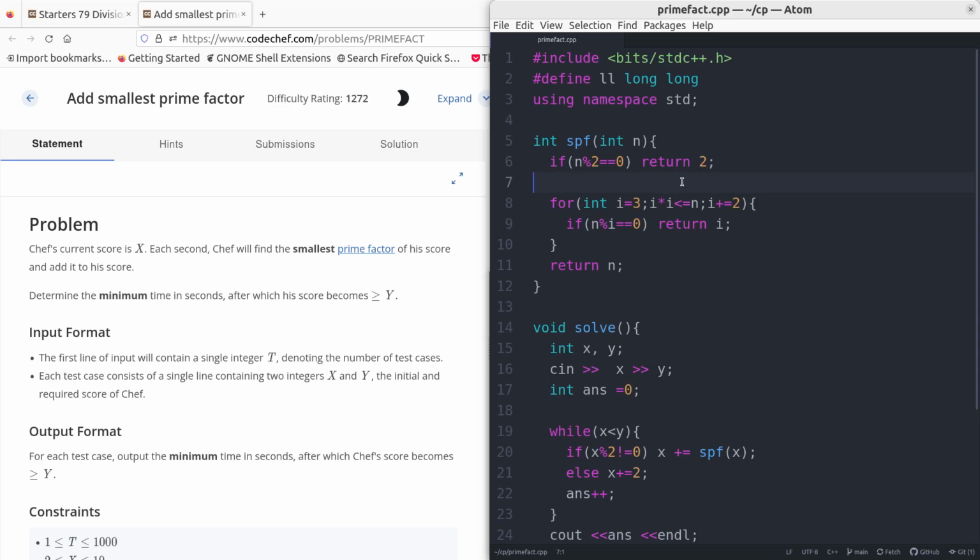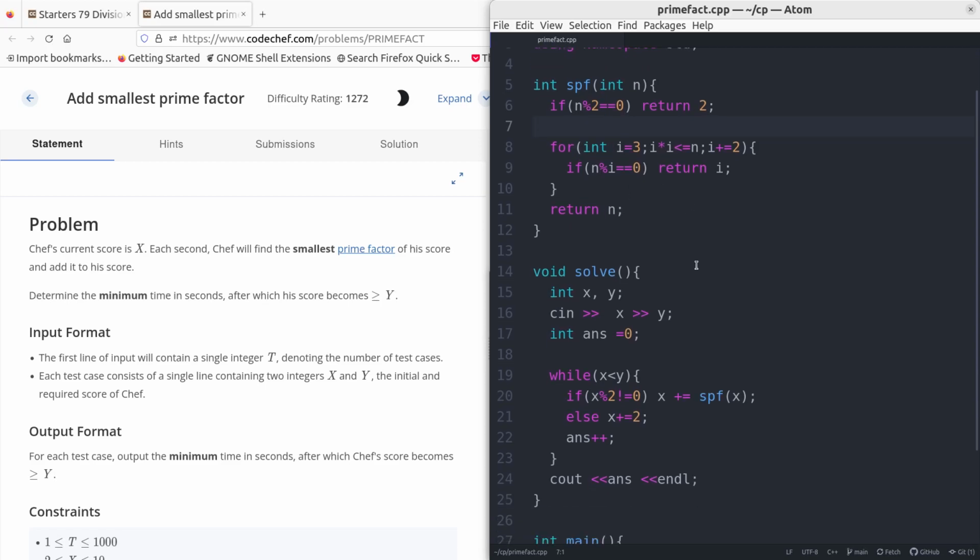Since 15 is not an even number, then we'll go with 3. It is divisible by 3. We go for 16, it's even, 17. 17 itself is prime. So this function will check 3 into 3. Since the square is not less than n, then we'll go with 17 itself. So here we reduce its time complexity,